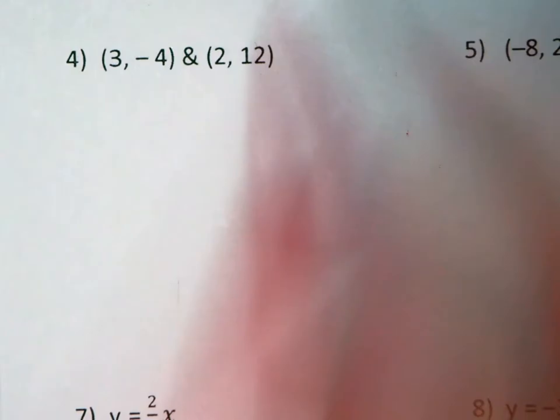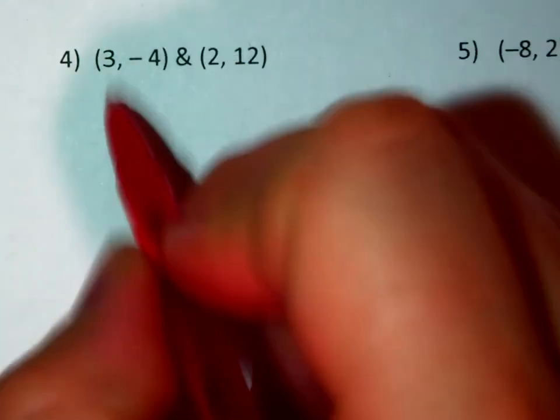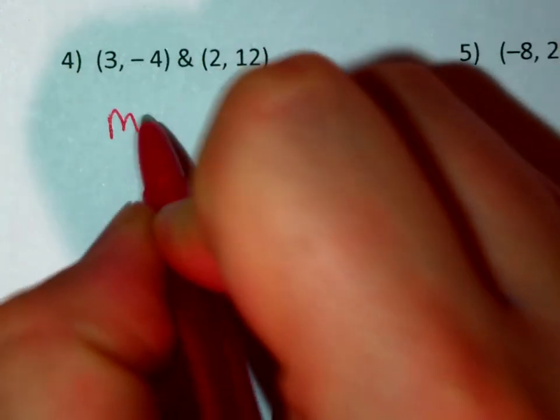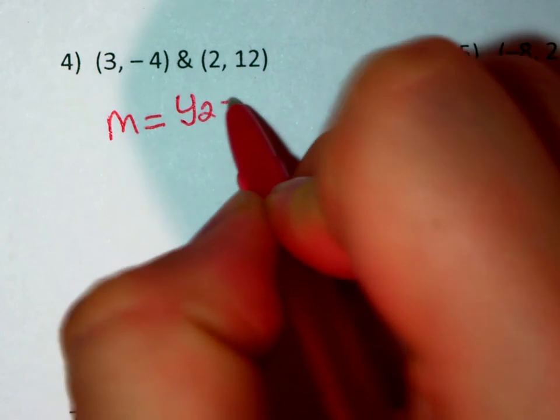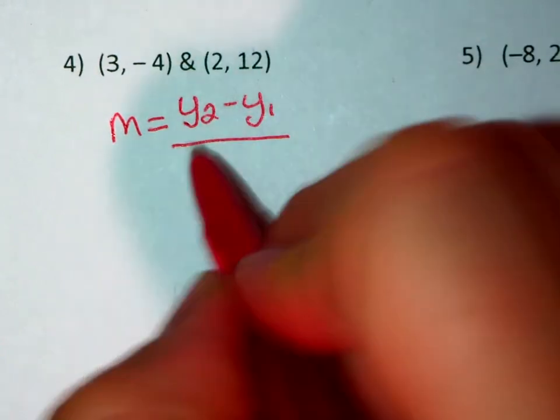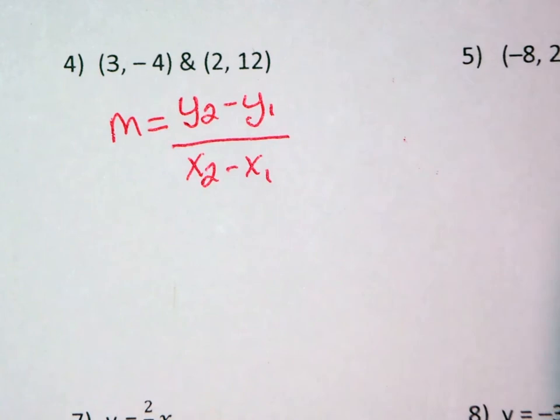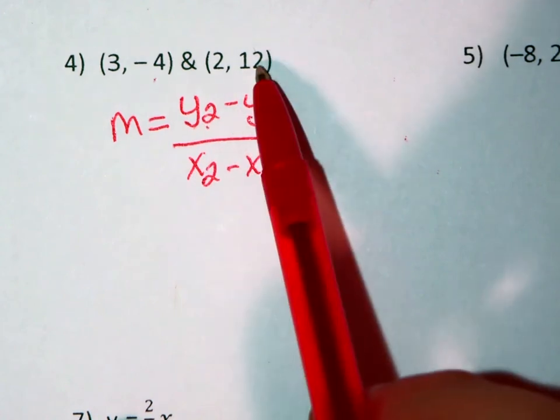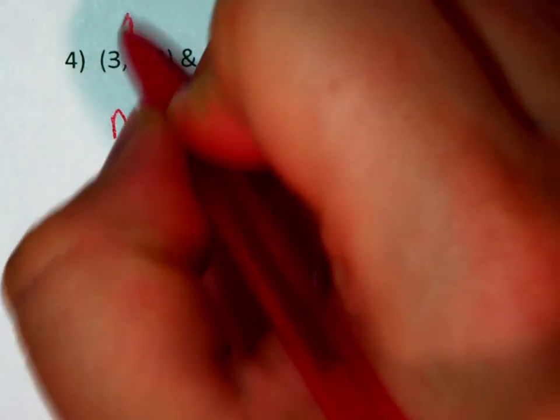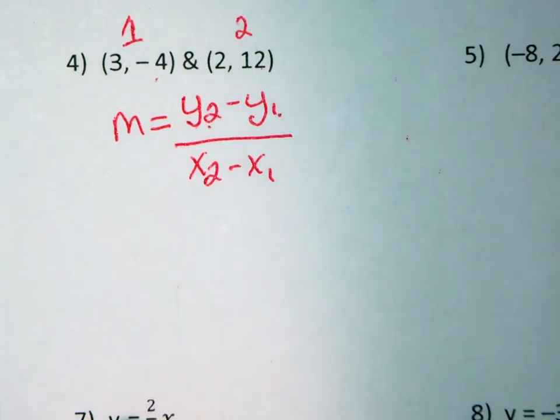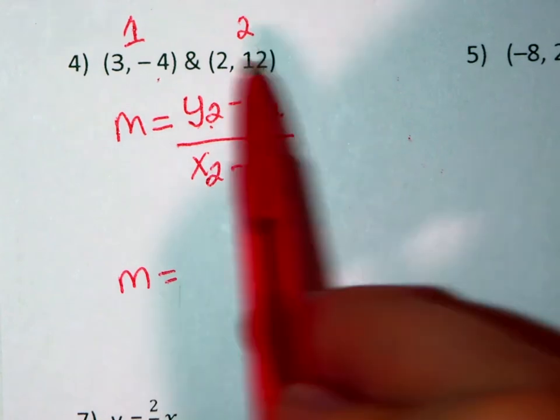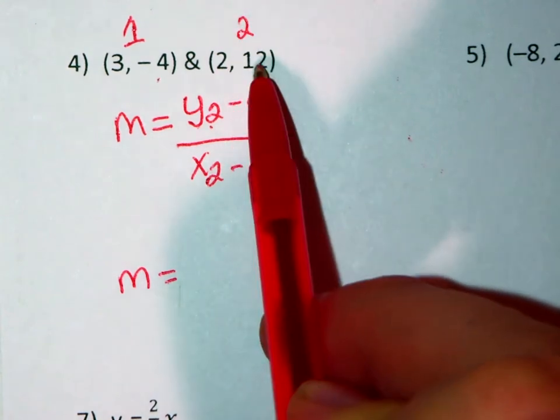Number 4, we learned another formula for slope. Aside from understanding it on a graph with rise over run, we used the formula m equals y2 minus y1 over x2 minus x1. And we realized that the y1 refers to the y value from my first point. The y2 refers to the y value from my second point. So I could call this my first point and my second point to help me keep track of which terms I should be using. So now m equals my y2 value. I need to grab the y value from my second point, which is 12,